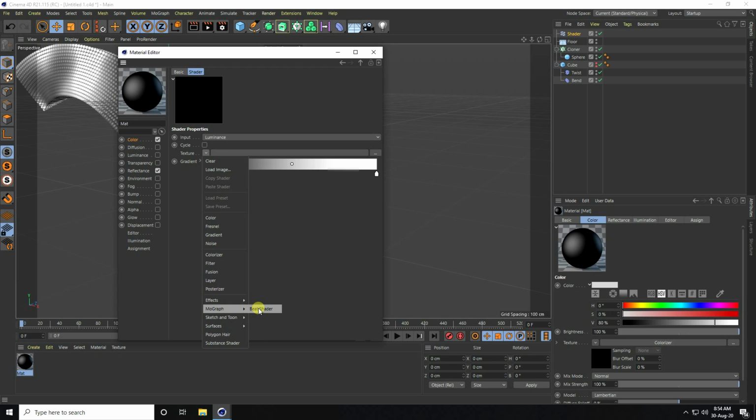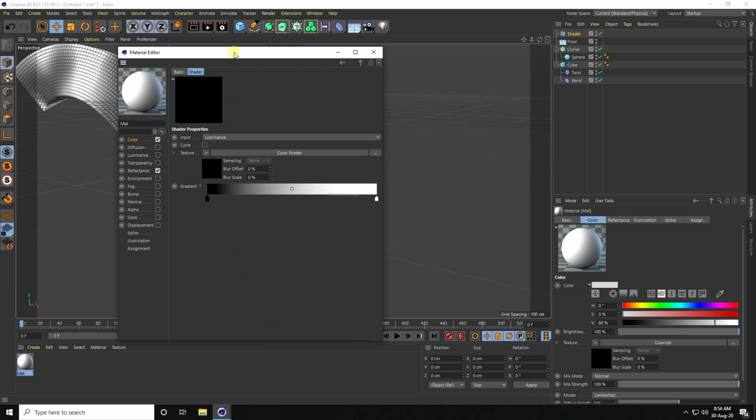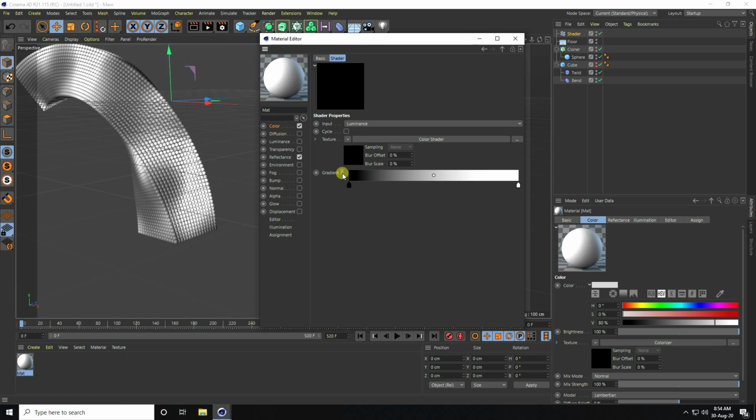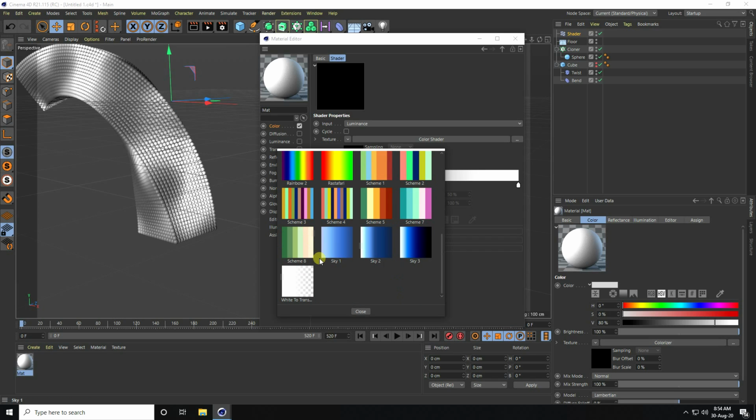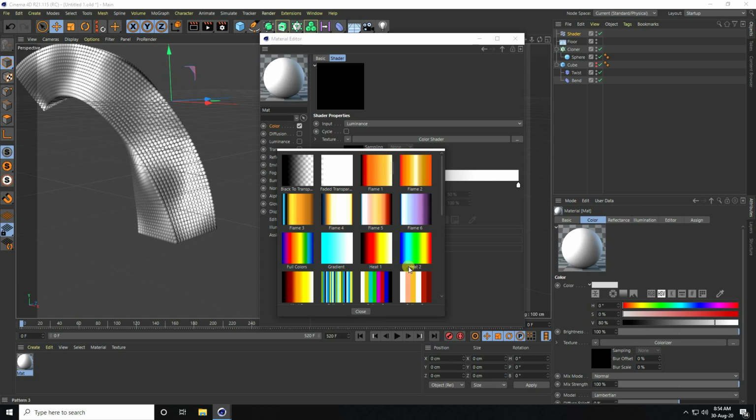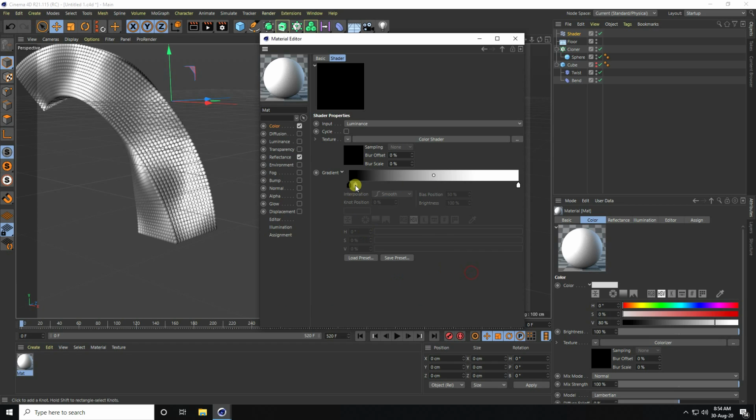This time I take color shader, this one. You can take any one color. Go to load. Guys, that's my already preset color preset, but I create individually. Click on here and now create red color, red.